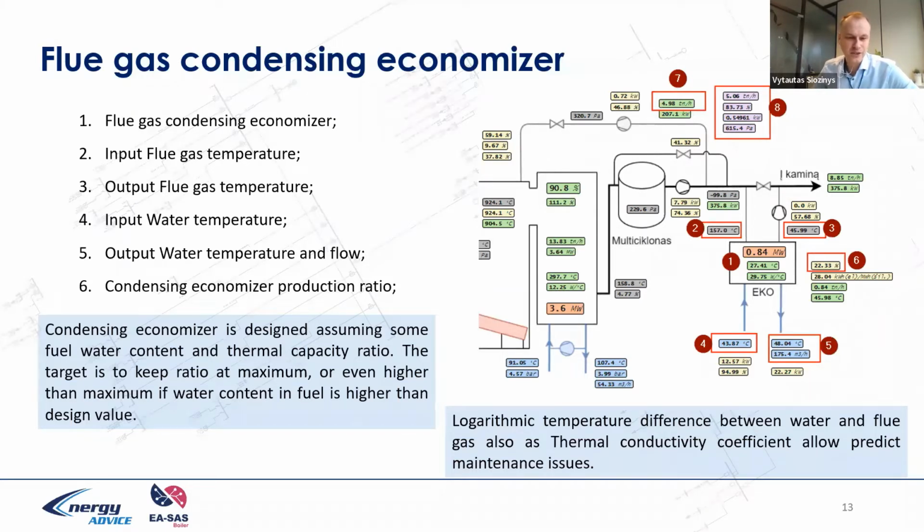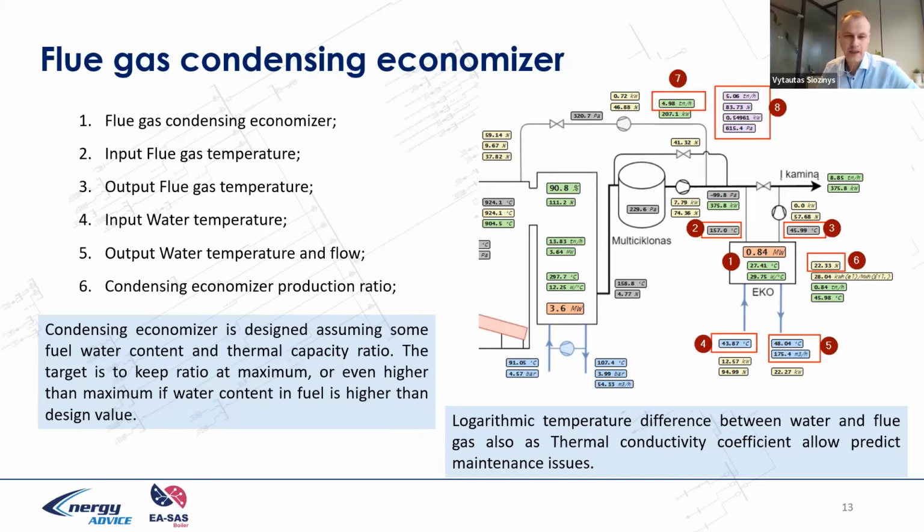The target is to keep the ratio at the maximum, or even higher than the maximum if the water content in the fuel is higher than the designed value. So if we have a target of 22-23% ratio, and we have less capacity, and if we have a higher water rate in the fuel, probably we can reach a higher rate of heat production in the